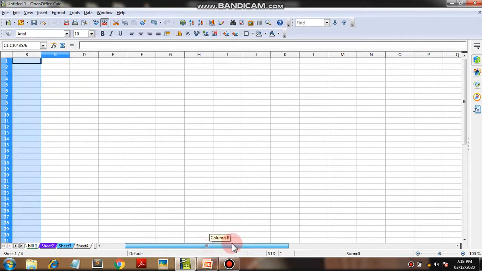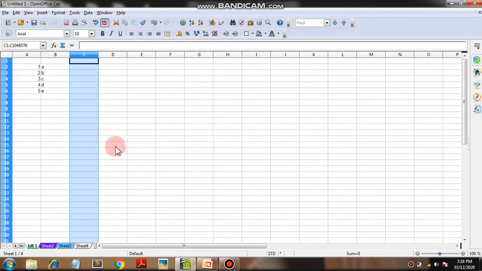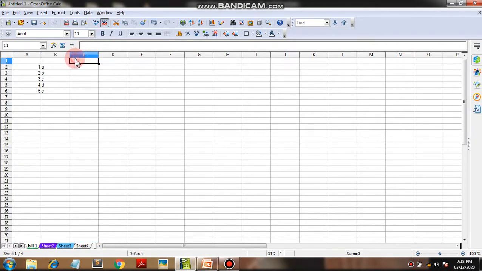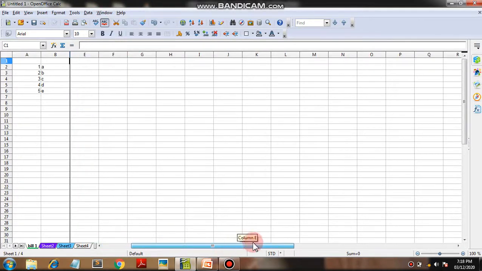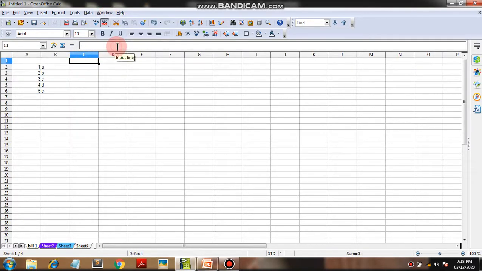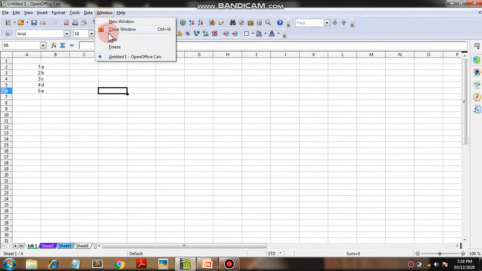Let's see. Okay, see, A and B are both frozen. Now if we want to unfreeze both of the columns, then again click on C, go to Window and choose unfreeze. Okay, let's see. Okay, now